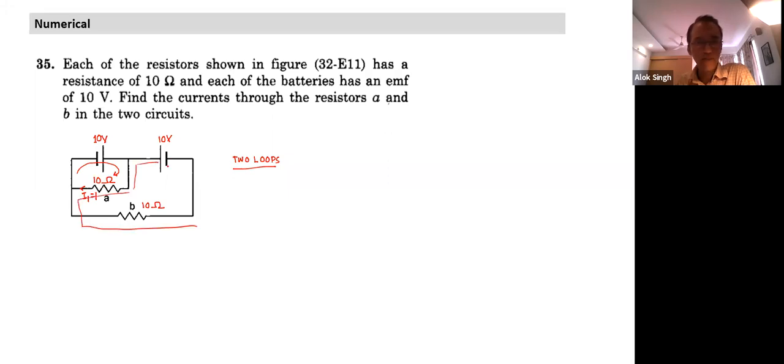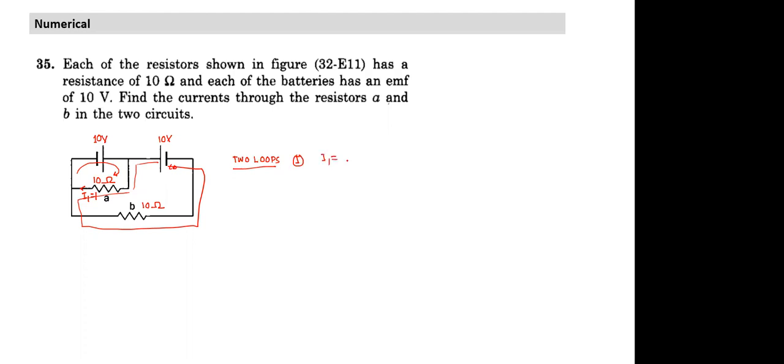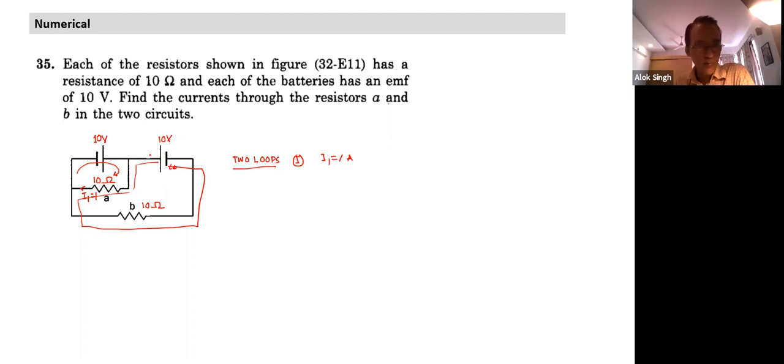What do I get here? If I start from here for the second loop, for the first loop I get I1 equal to 1 ampere. How about the second loop? If mentally I look at this, this is 10. It will be 0, right? Yeah, it will be 0. You can write the equation, but when you look at the figure, can we get an intuitive feel of how the current is flowing, why it is 0 and all?